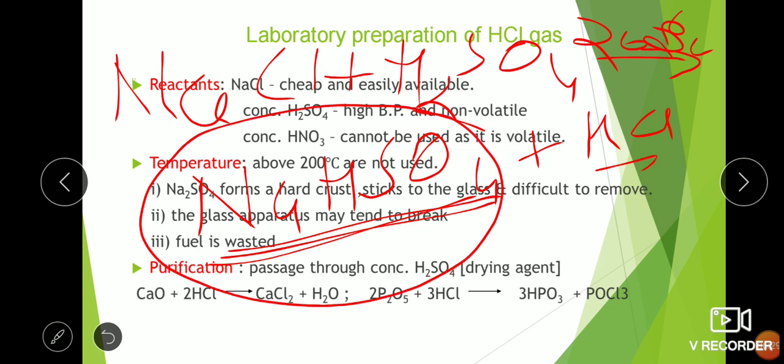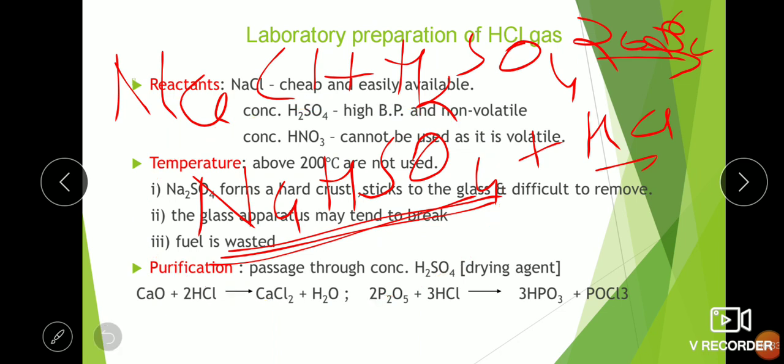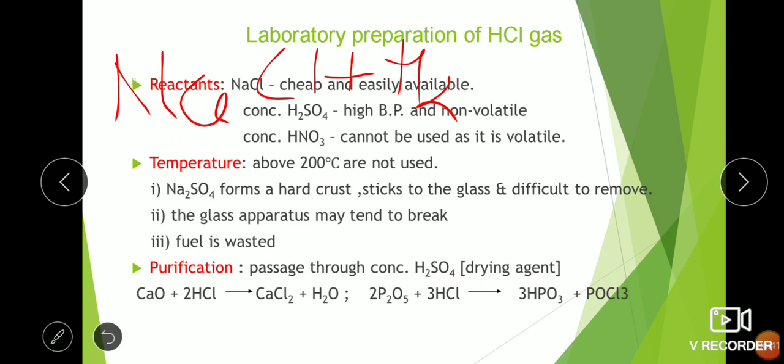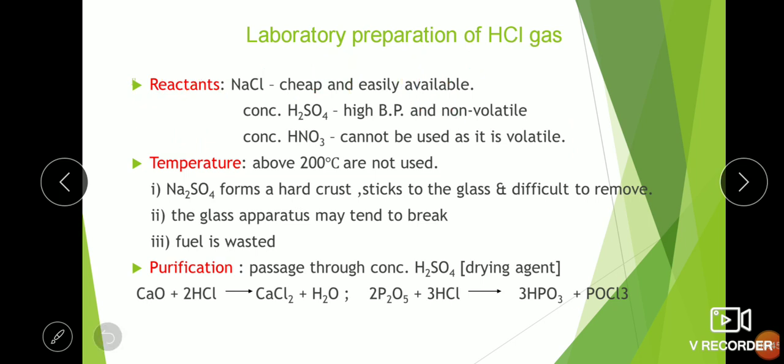And the second step, you will get one more molecule of HCl. So at every step you are getting one molecule of HCl. Please remember, you are getting hydrogen chloride gas. Do not make a mistake of writing hydrochloric acid, because when this gas is dissolved in water by a special arrangement, it turns to hydrochloric acid.